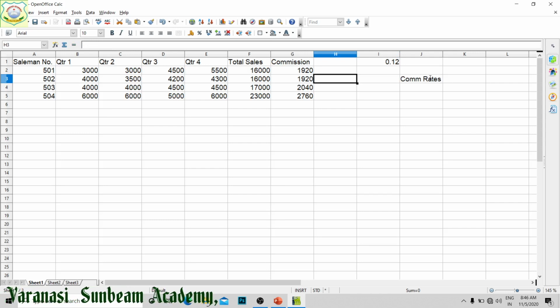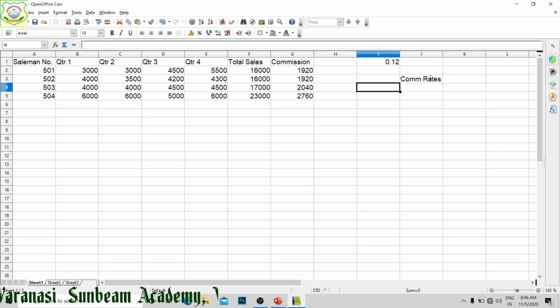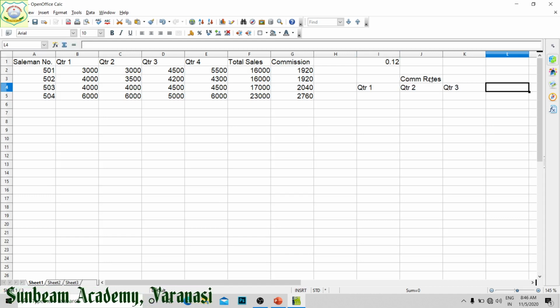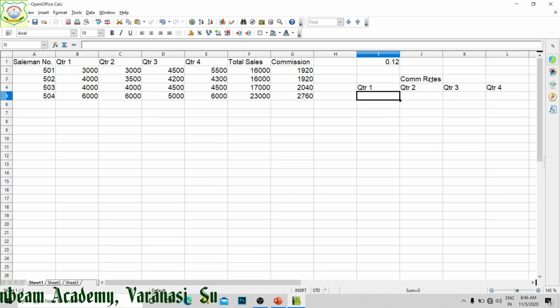Commission rates. The first quarter, quarter 1, quarter 2, quarter 3, quarter 4. For different quarters, the commission rates are different. The first quarter is given 0.05.